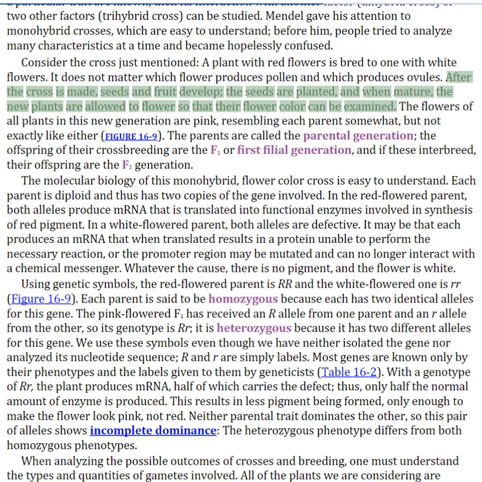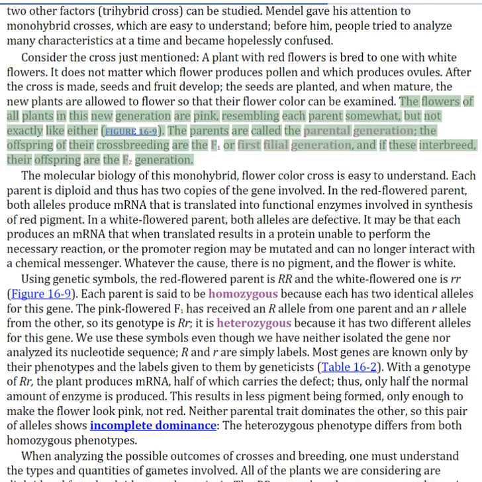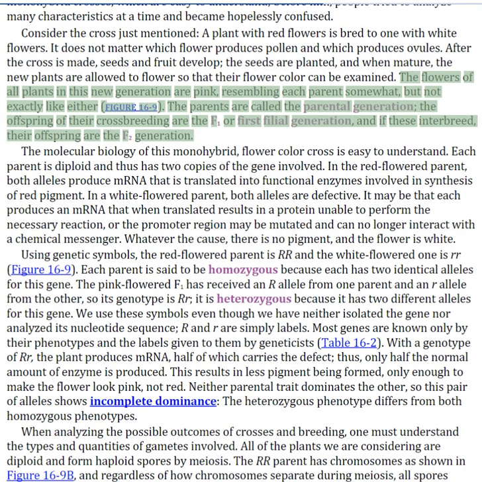After the cross is made, seeds and fruit develop, the seeds are planted, and when mature, the new plants are allowed to flower so that their flower color can be examined. The flowers of all plants in this new generation are pink, resembling each parent somewhat, but not exactly like either. The parents are called the parental generation, the offspring of their crossbreeding are the F1 or first filial generation, and